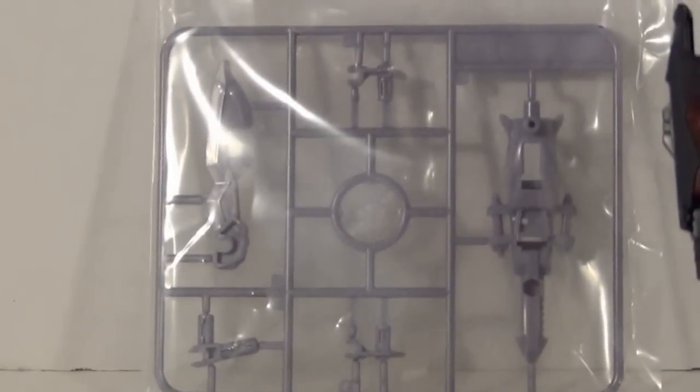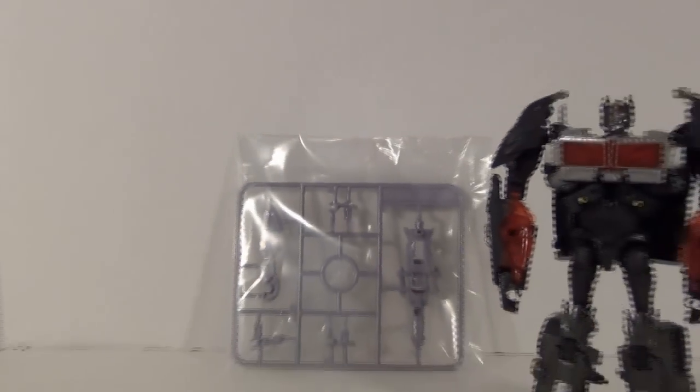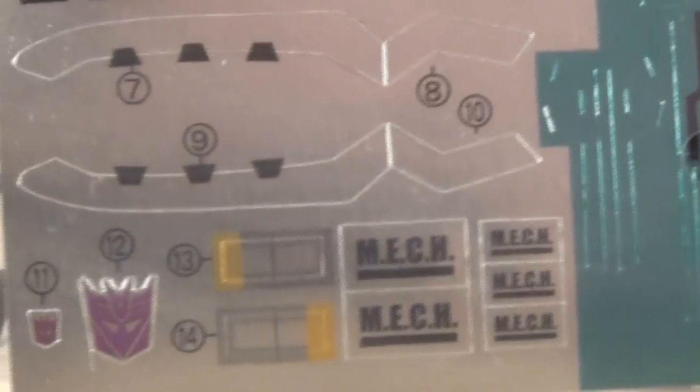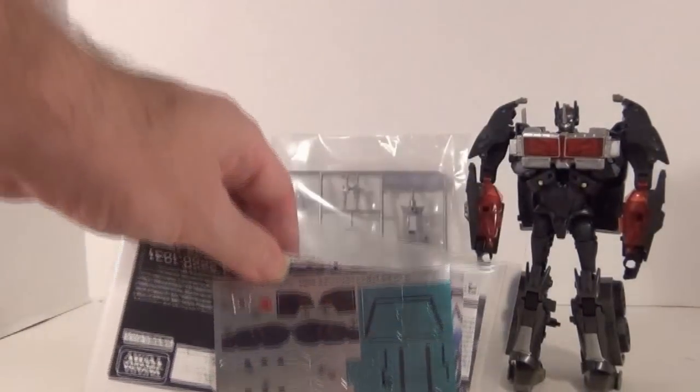Here's a look at his Micron unassembled on its sprue. Yeah, it looks pretty cool. And we also have an image of the decal sheet, which I want to show you something. He includes mech logos. You don't have to be upset if you don't want to put Decepticon logos on them. You can put mech logos on there instead. So if anybody gets upset that he's not show accurate because he's showing Decepticon logos, they're optional, and so are these. So you can be happy. Yay! Alright. Yeah, I know I do yay a lot,